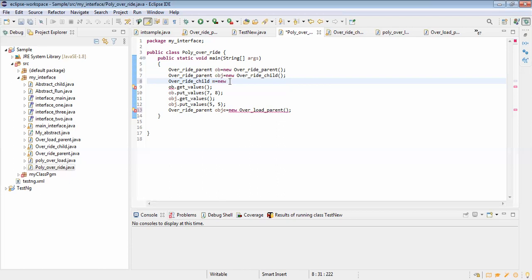Okay, you can think. Here, Mona, we are creating the object for override parent in line number 8 with the override child. Override child m equal to new override parent. Is that possible or not? Not possible.